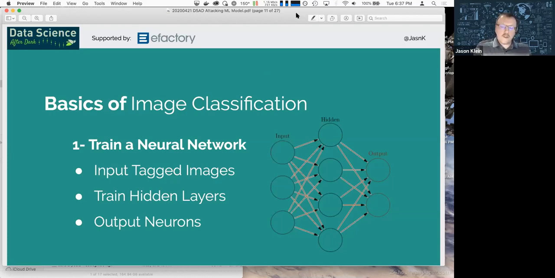And so it is certainly possible, but 10 years ago when they were first building ImageNet, that was something that was only going to happen in the long future. So again, going back to training your neural network, the gist of it is you input tagged images. The more the merrier. When they're training these neural networks, you generally have thousands of images, at least hundreds, but usually thousands of images per category.